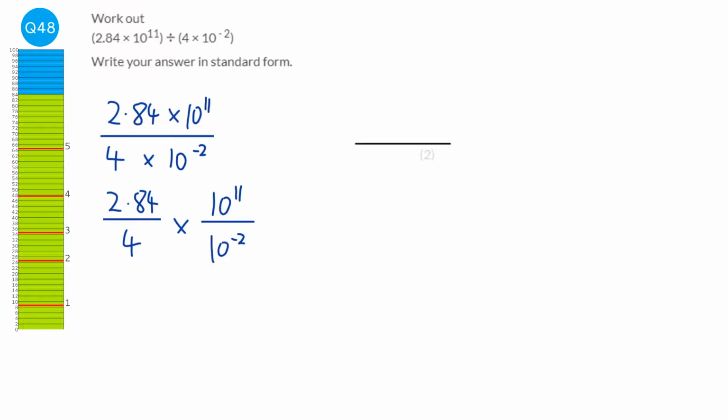Okay, so we're going to start by doing 2.84 divided by 4. So we're going to just do the bus stop method, so 4 on the outside, and we've got 2.84 on the inside. 4s into 2 don't go, so carry the 2 across. 4s into 28 go 7, and 4s into 4 go 1. So it's going to be 0.71 times, and then the rules of indices say that if you divide two powers